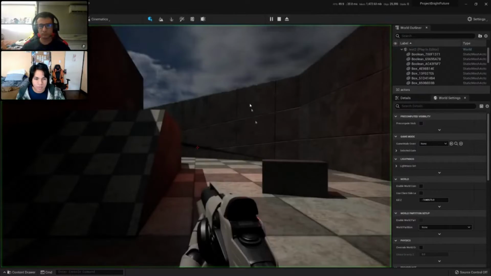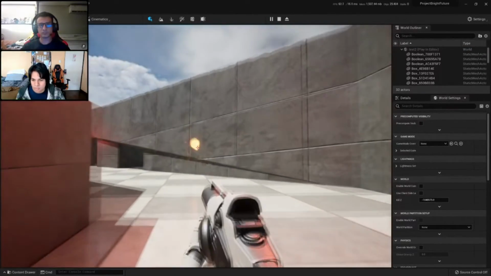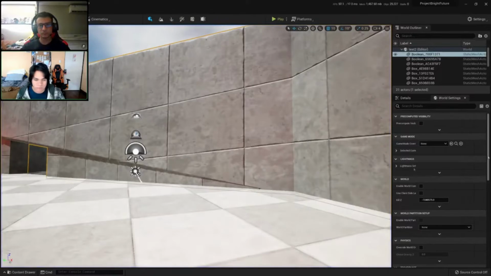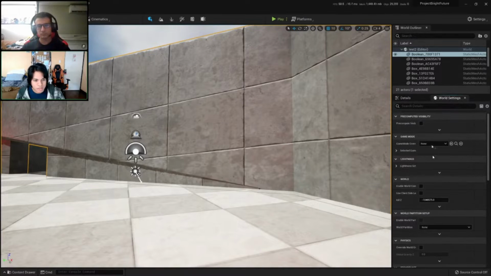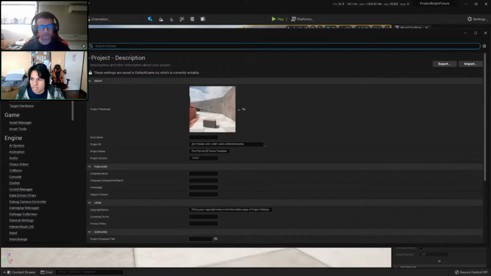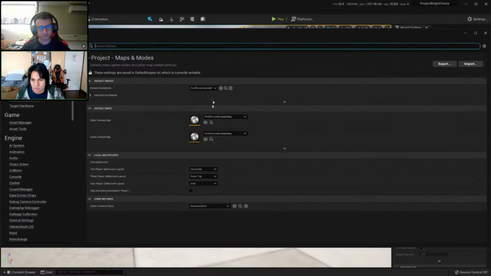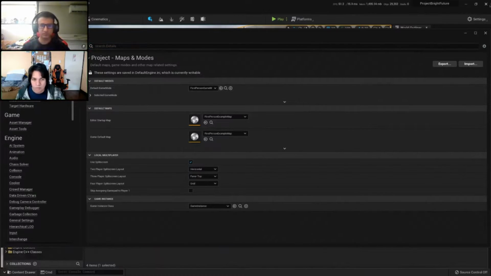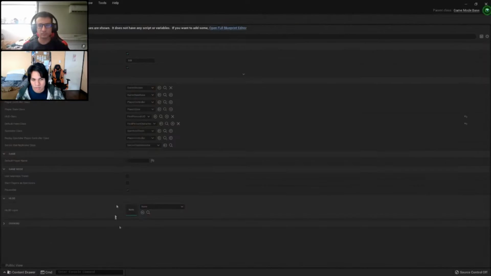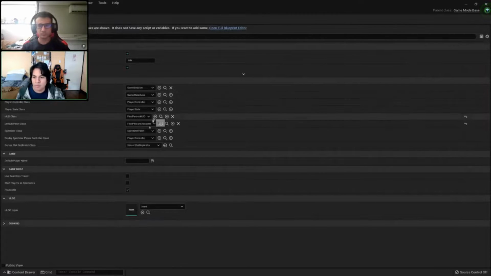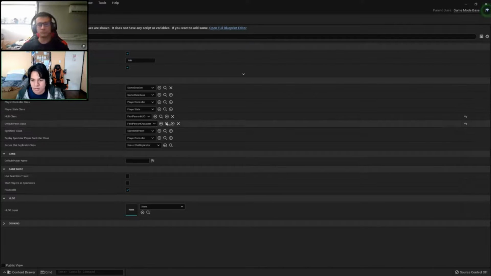Let's open our character, and yeah, it's this one. Here in the world settings, if there is no game mode, it means that in our project settings we set the game mode here in maps and modes, so we can find it here on default game mode. So let's search it, and it's right here. This is our game mode. I'm looking for the game mode because I don't remember what the default bound class is. Here it is, first person character. Let's search again,